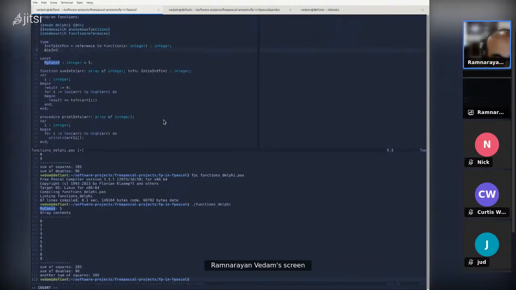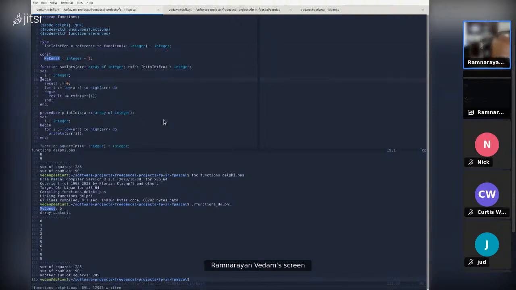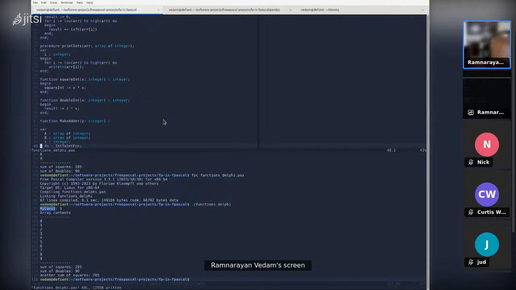Let's call it int function, which is a reference to a function taking x integer. Actually, this is still a no. This is going to be an int function because we're creating a closure here. So now we just do begin, return a function that takes x integer, returns integer, begin